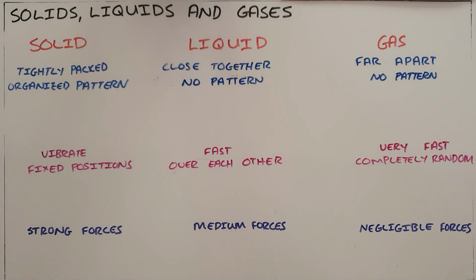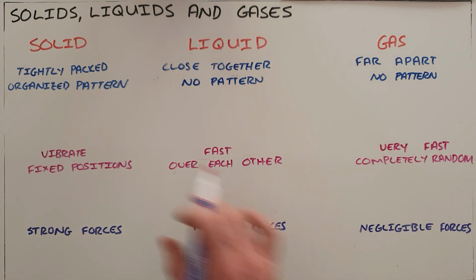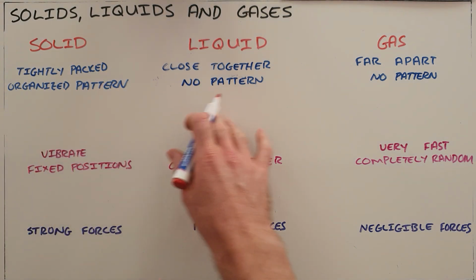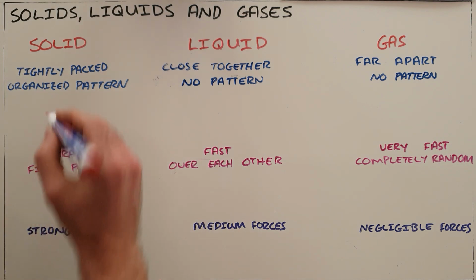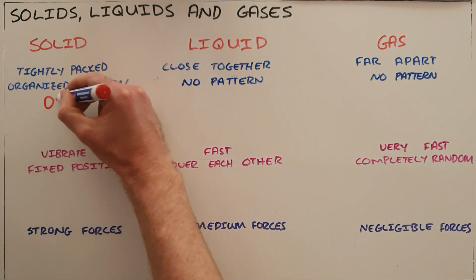And we are going to look at how the way in which those particles are arranged affects the properties of that substance. So we are going to start by looking at how those particles are actually arranged inside solids, liquids, and gases. And we start out in solids, where we know that the particles are very tightly packed, meaning they